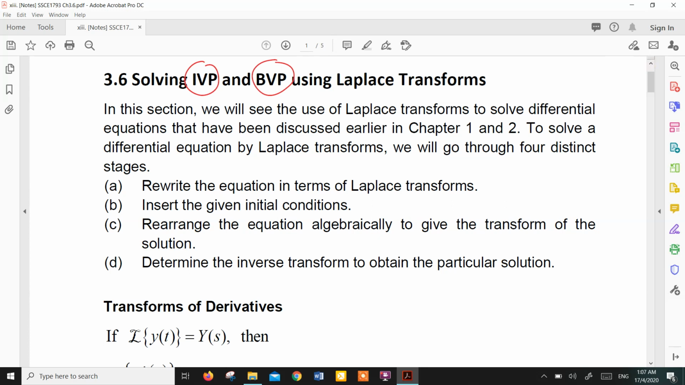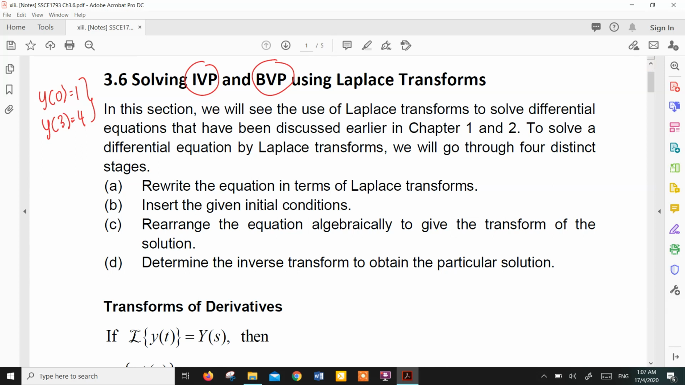Do you still remember? If you have, let's say, y(0) equals 1, only one value here, then it is an initial value. Then if you have also, for example, y(3) equals 4, so if you have two values now, it is BVP, boundary value. Okay, so in this section we will see the use of Laplace transform to solve differential equations